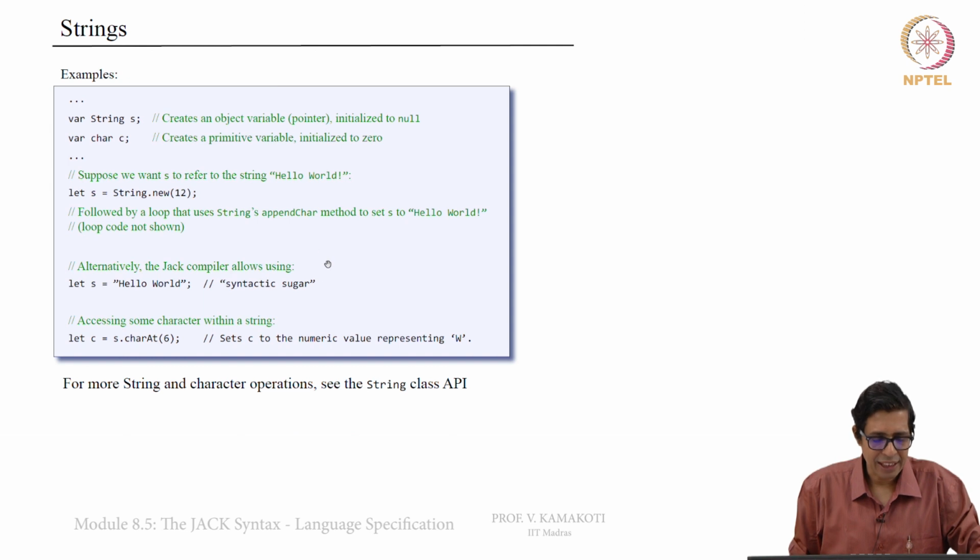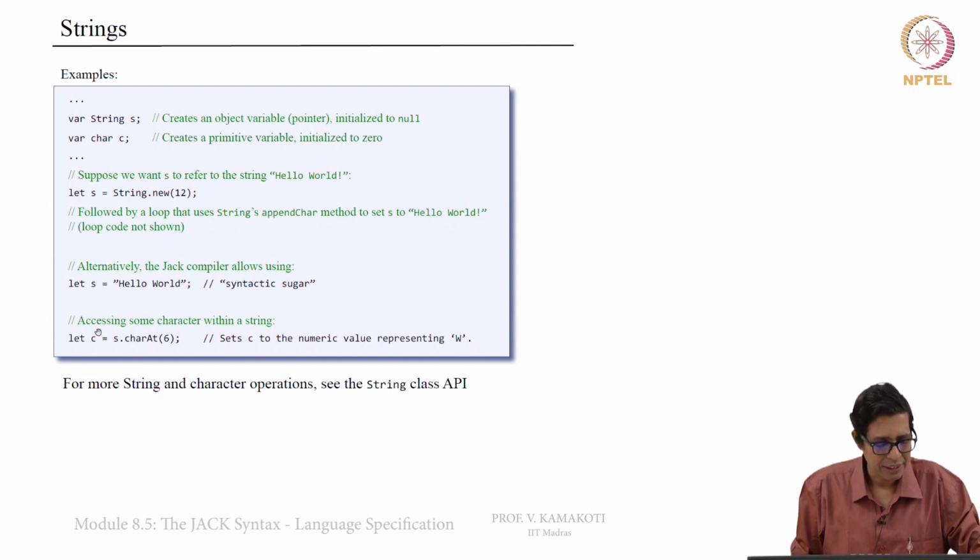Now, string is a class given by the operating system. So, string s, char c. I can say string dot new 12. So, it will give you a string of size 12. Okay, this is like malloc for a string. Then say let s is equal to hello world. So, I can put this entire thing. So, both of them are the same. So, this will automatically